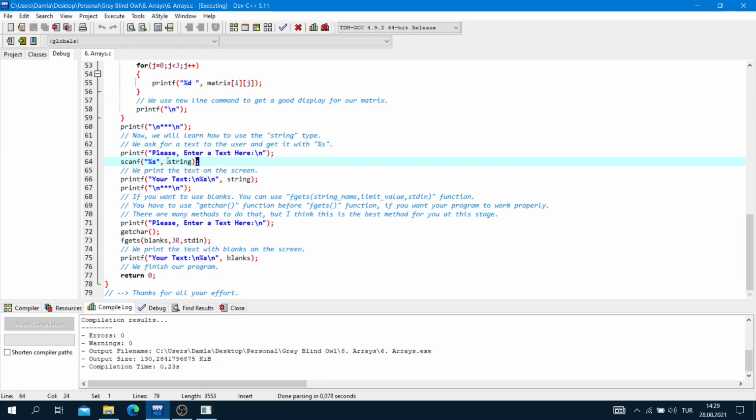So we do not need an address, and we do not use an ampersand here.